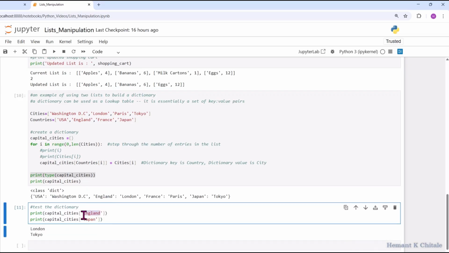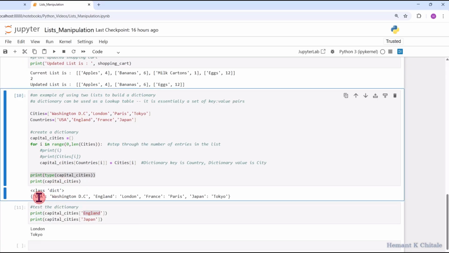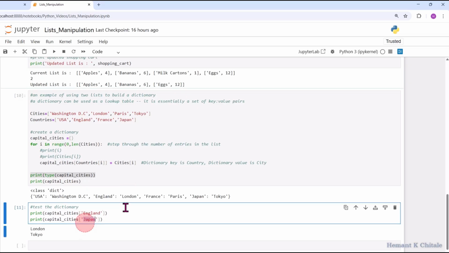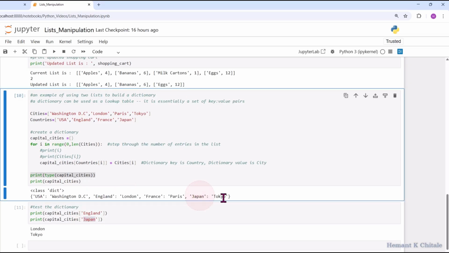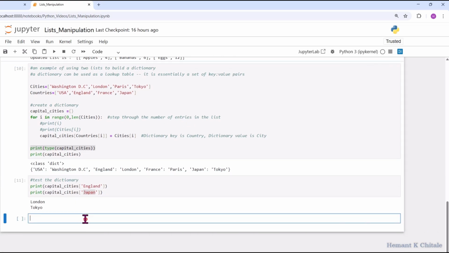England is a key, so Python will look up this dictionary. First key is USA, nope. Second key is England, okay. England. So what is the value for England? London. What is the value for Japan? Python will walk through the dictionary, find Japan, and print the value. I can say, for example, print